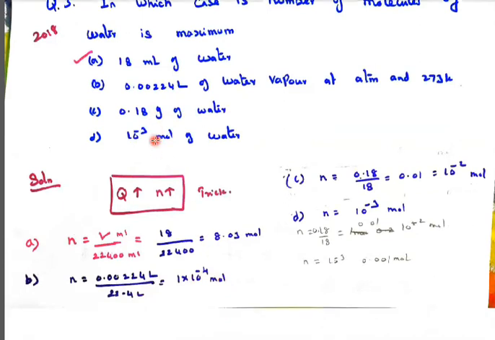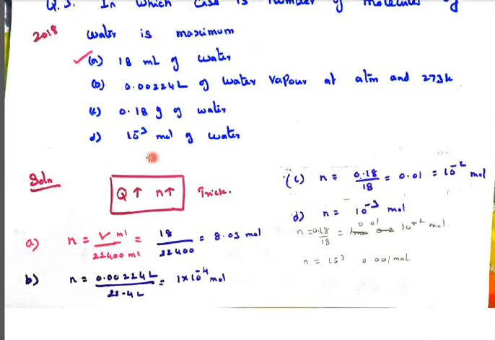Next, 0.18 gram of water. Let us see the option: weight by molecular weight. Weight is 0.18. Molecular weight, already I told you, for H2O, 2 hydrogen, 1 oxygen is 16, 2 plus 16, 18. So 0.01, or we can write it as a power also, 10 to the power of minus 2. Here 1, 2 decimal. If you go anti-clockwise while keeping the point, it will be minus. So after 2 decimal places, it is 10 to the power of minus 2 moles.